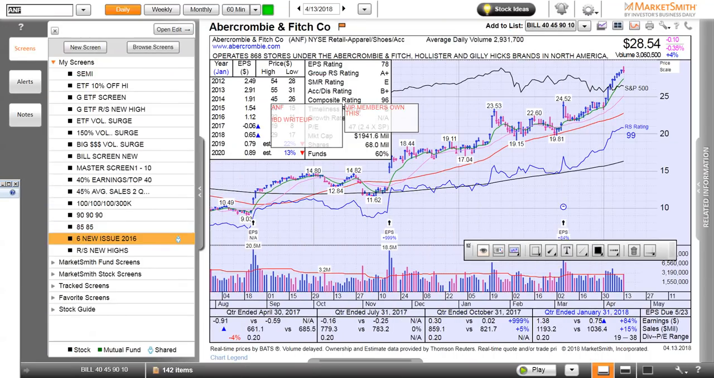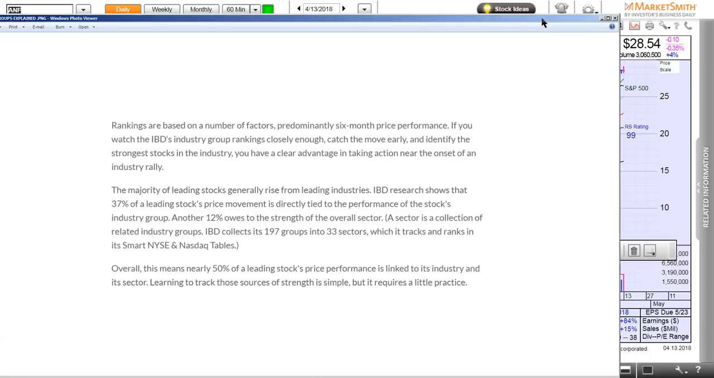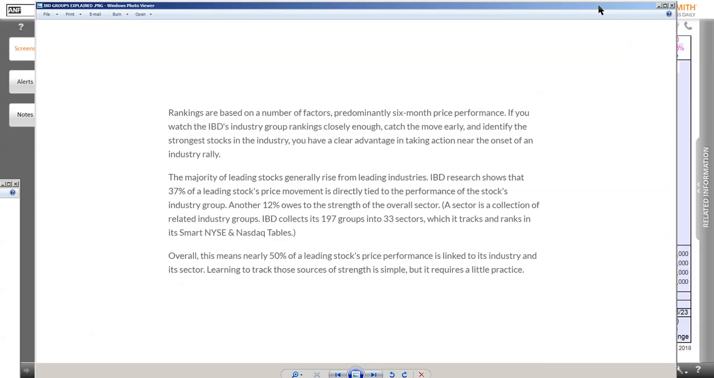Here's point number 2. And we're going to use this data to build a screen. We want to find winning stocks. What do we do? Study past winning stocks and take that information and make a screen. Rankings, the majority of leading stocks come from leading industries. You can read this, 37% related to the industry group, 12% related to the sector. Bottom line is, last part, almost half of stocks' price performance related to the industry and the sector that it's